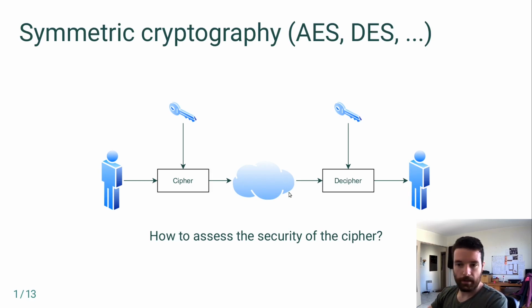So when the message is around the internet, we want it to be secure, and when it gets to the receiver, they should also have the key, decipher it, and get the final message. What's very important is to make sure the cipher is actually secure, so no one can read the message without having the key. And we do that by trying to break it. If we succeed in breaking it, it means that the cipher is not secure and we try to find another one. If we don't succeed in breaking it, it means that probably it is secure,